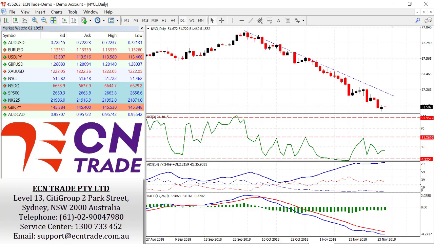From a technical point, though, I do expect to see the market could probably test back down towards 50.70. But overall, we're still oversold, and it's still very hard to give a bullish call at this stage until we get some confirmation that we're breaking out of this pattern that's been holding since $77 from the peak. A break beneath 50 could possibly confirm that the 45 target is in line, but let's see how